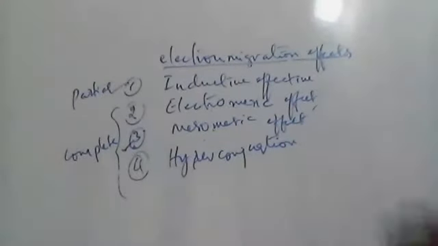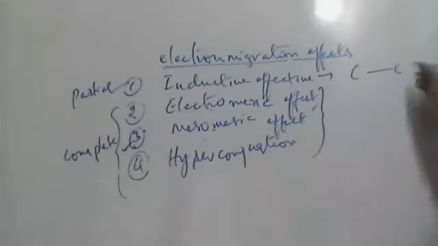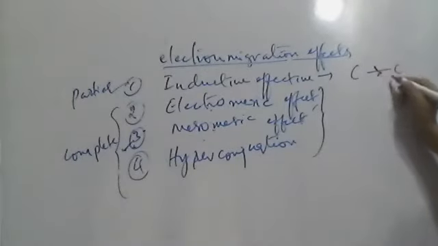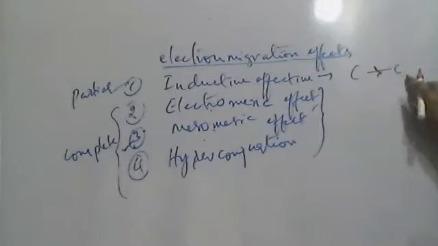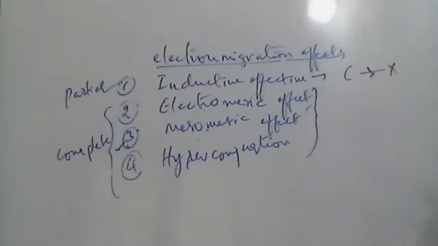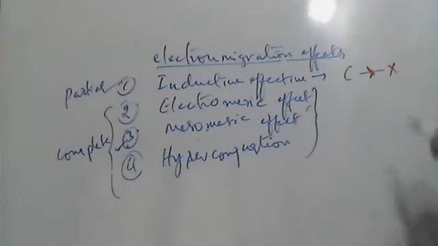So you know that as a bond is moving completely, see here all of you. In the case of inductive effect, the bond is moving partially. What does it mean? The bond is moving very close to the second carbon. Let it be X. The bond is the C-X bond, in which the bond is moving partially. You have to write the arrow sign on the bond. So what happens? Because of this movement, the X gets a partial negative charge and the carbon, losing electron, gets a partial positive charge.